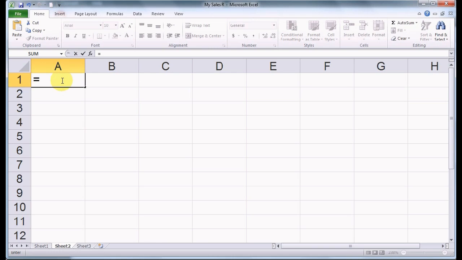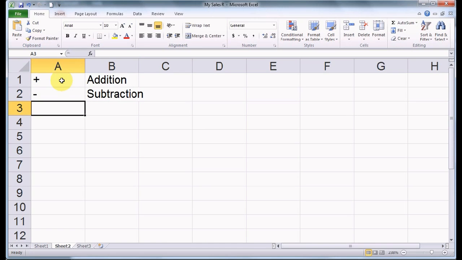after that symbol. So all formulas use a set of what are called operators, probably more popularly known by the plus sign, the minus sign, the parentheses. So I'll list out here a variety of the different types of operators Excel 2010 recognizes. You use the plus key, and that's going to be for addition, of course. You're going to use the minus key for subtraction. You'll use your asterisk symbol for multiplication,